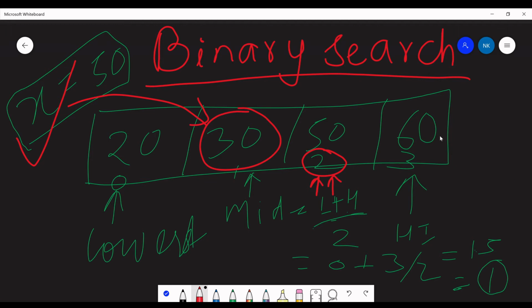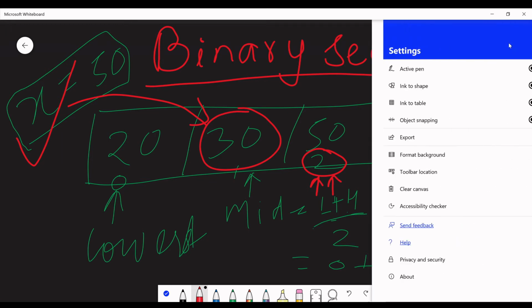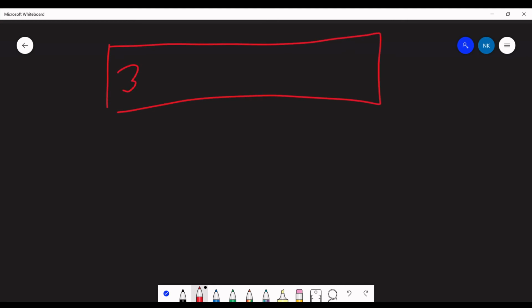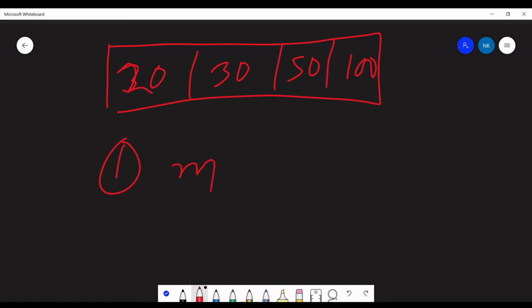Let me clear this. I think you have understood now. Here we have 20, 30, 50 and 100. The algorithm first checks if the data is at mid; if so, we return the value.